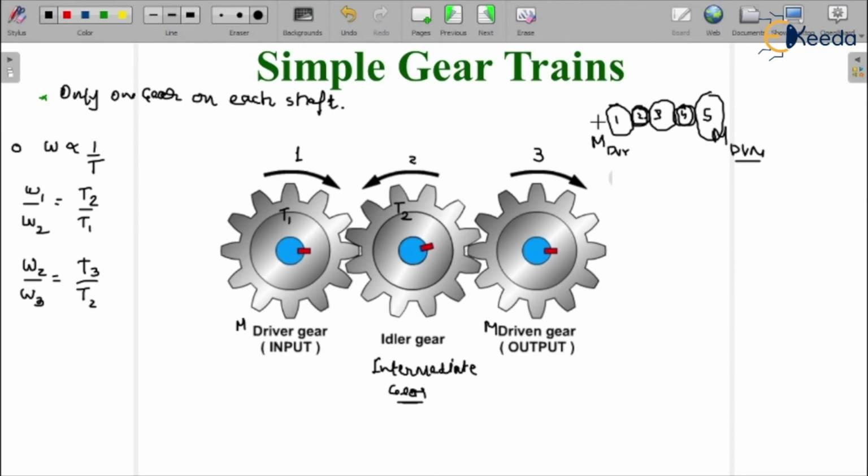Now, if I'm talking about the direction of the gears, the driver is in clockwise direction. You can see here the main driver, gear 1, is in clockwise direction, so the meshing, mating gear would be in anti-clockwise direction. If it is in anti-clockwise direction, the next would be in clockwise direction. So here, if the number of idler gears are even,